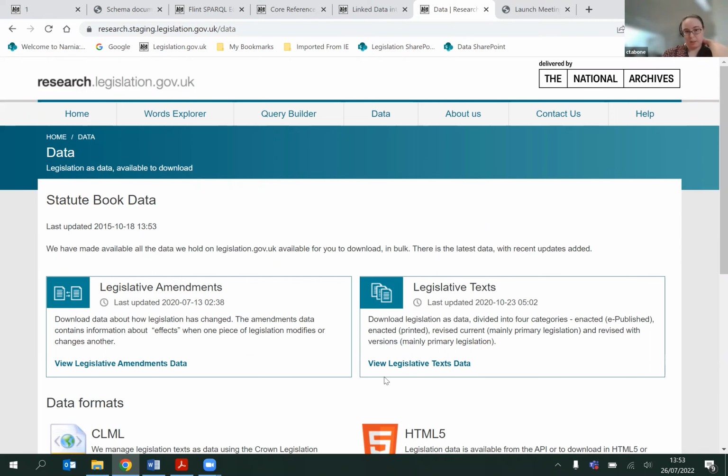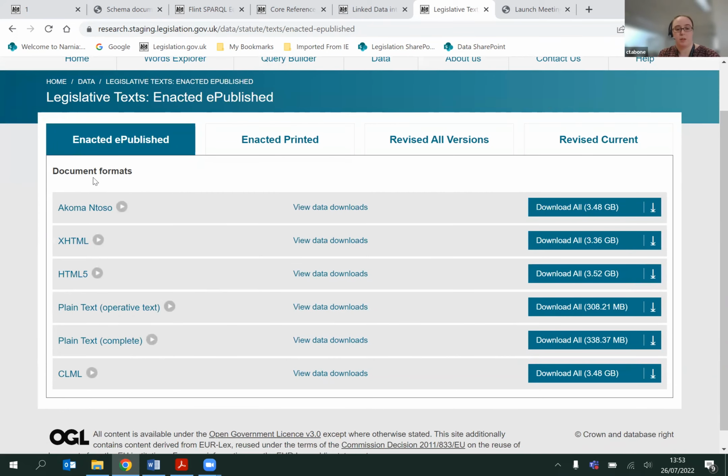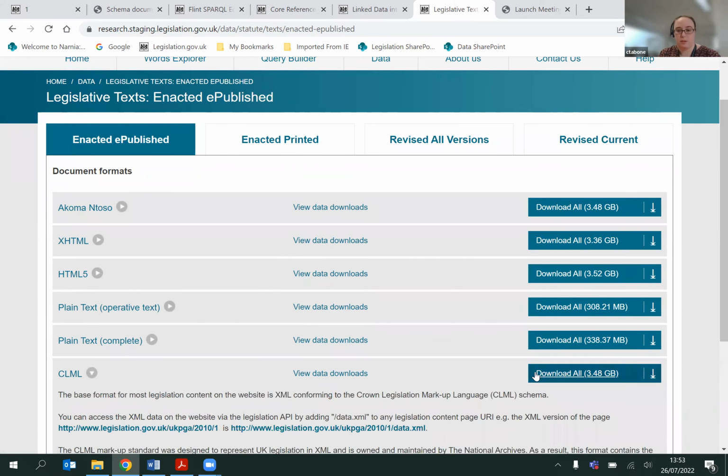So we've tried to make it easy for people by providing some pre-created zip files that contain sets of documents. Depending on the version you want, whether you'd like original versions, the current revised versions, or maybe historic versions, and which of our various formats you'd be interested in, we have subsets of data that